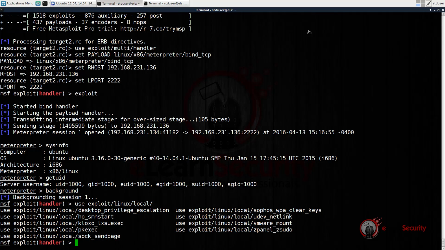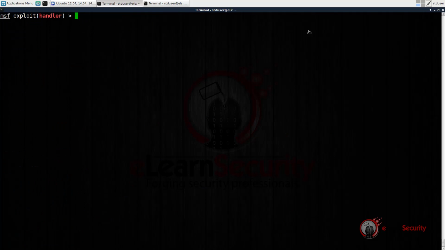Now, let us check if the target machine has the compiler. There are different methods to do this. In this case, we'll simply open a shell from our Meterpreter session and verify if the compiler is installed. Okay, let's go back into our Meterpreter session and open a new shell. We can do this by running the shell command or with the execute